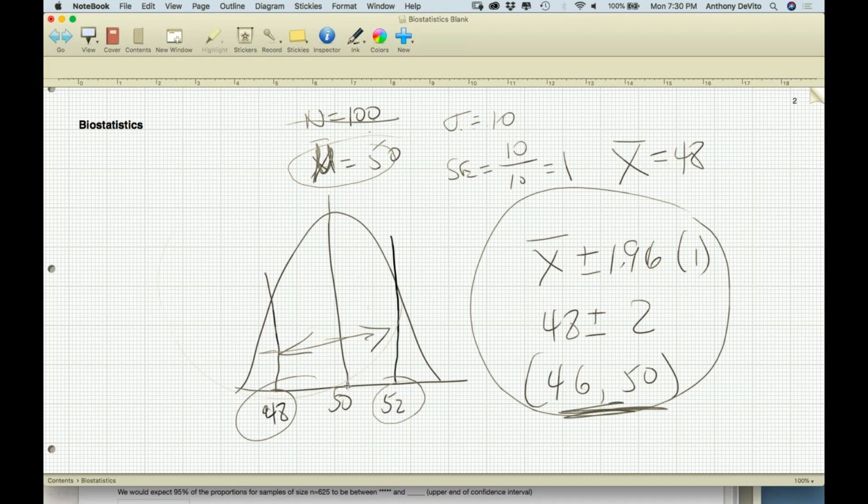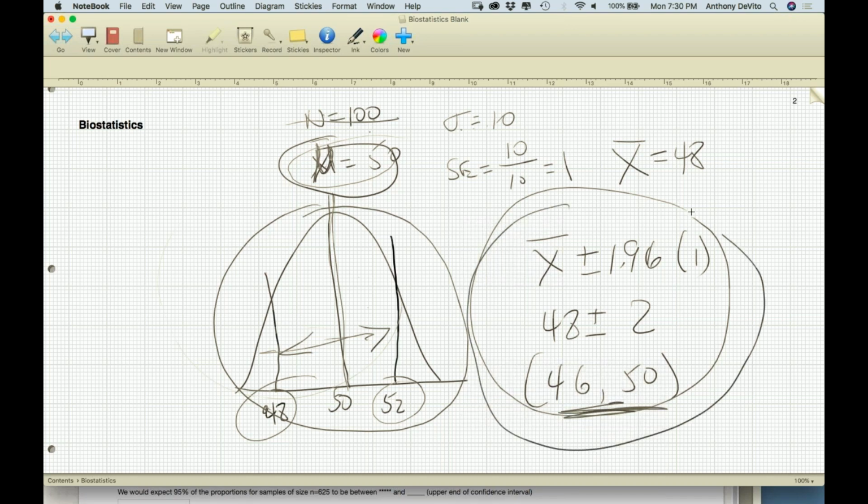But notice this one describes, based on mu being 50, the way that repeated samples would look if you took them over and over many, many times. This represents your one sample and what you can deduce about where the real mean is